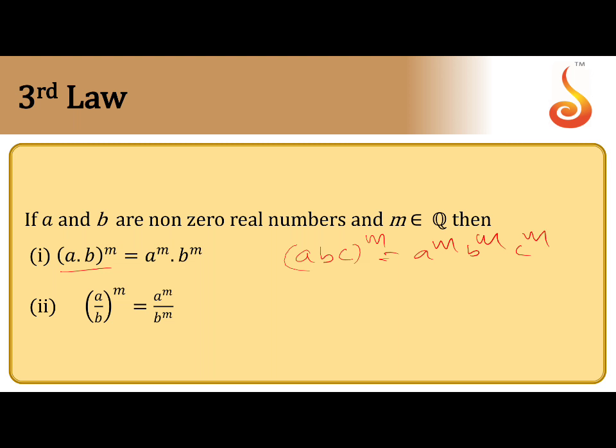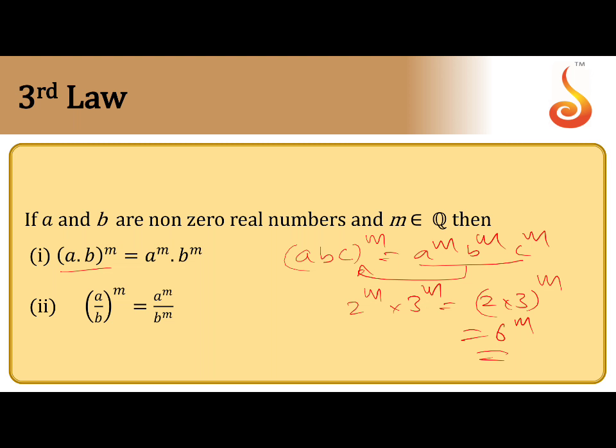And also reverse also you can take it here. So from this also you can take it here. So if all powers are same in the product, we can multiply directly all the bases. For example, 2 power m into 3 power m is there. So powers are same. We can multiply directly. That is 6 power m.